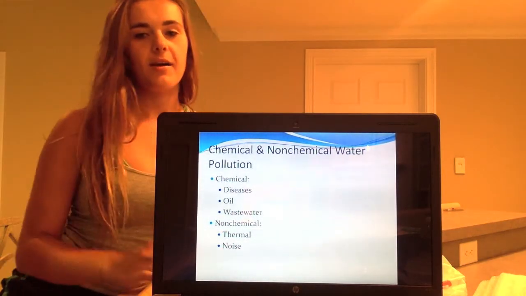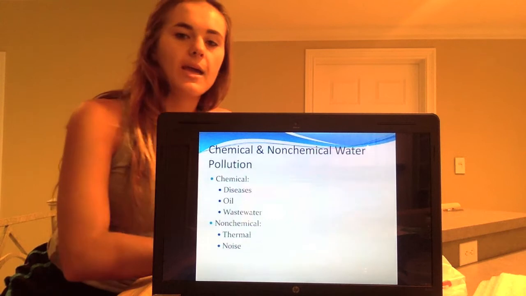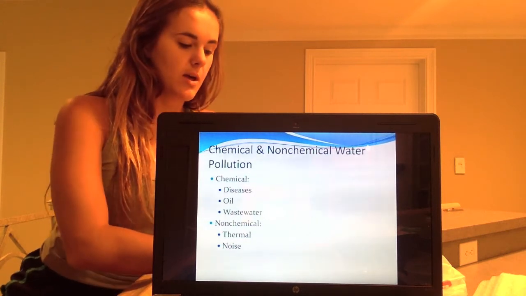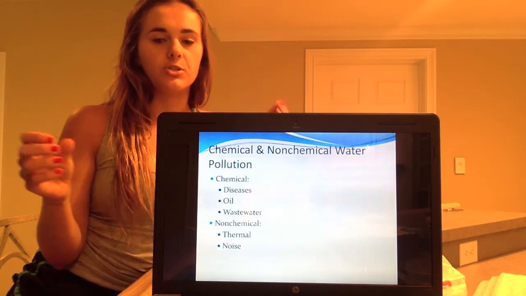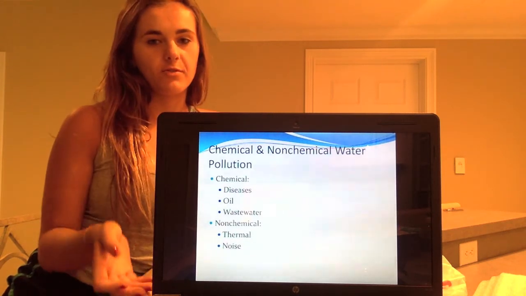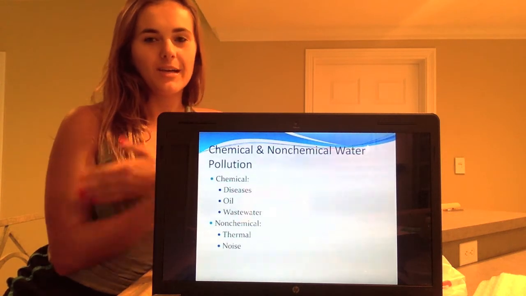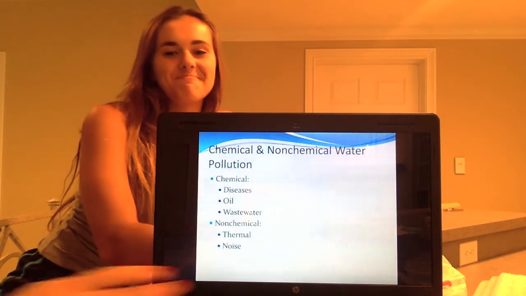Another kind of non-chemical pollutant is noise pollution, which is emitted by ships and submarines and can interfere with animal communication, which obviously poses a threat to their survival if they aren't capable of communicating. And so that was our